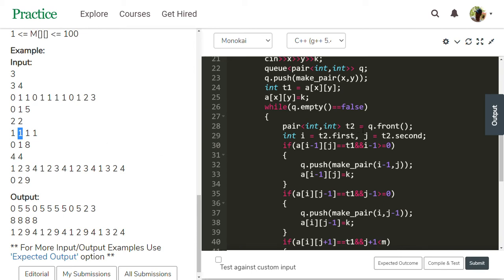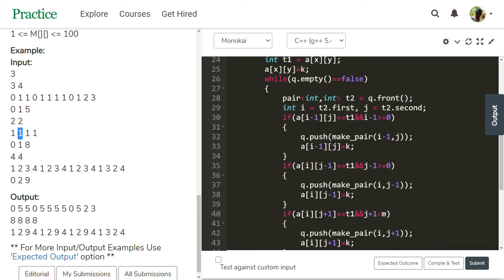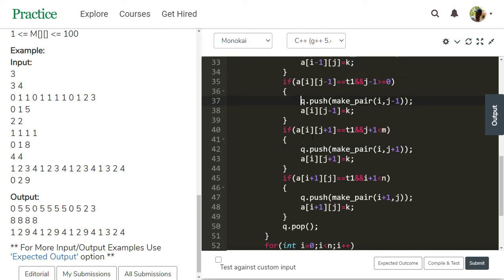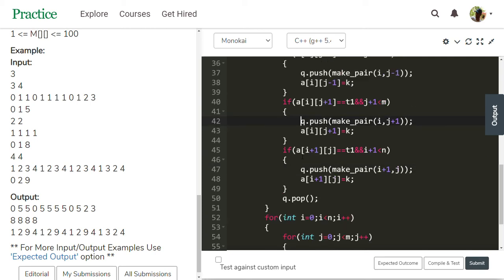T2 gets 0, 0 from the queue front. I is 0, J is 0. 0 minus 1 is minus 1, but minus 1 greater than or equal to 0 is false, so this if block does not execute. Similarly, j minus 1 is minus 1, which is also false. 0, 1 is already 8, so 8 is not equal to 1, and this if block does not execute.